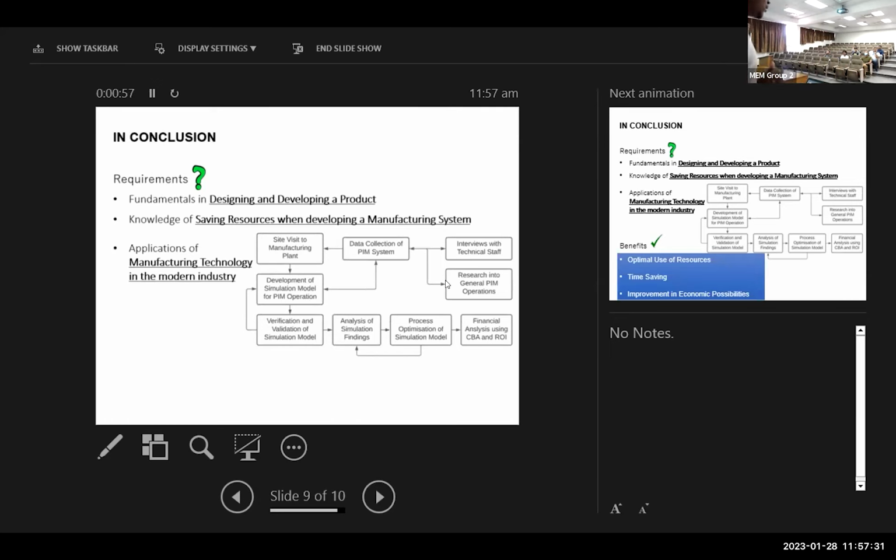Thirdly, you have to know the applications of manufacturing technology, right? What kind of machines maybe you may be thinking of using. If you were to implement some kind of strategy, you run your simulation, all right, you may identify these kinds of bottlenecks. The machines may be old, may be having some kind of delayed time. Well, you have to know what kind of technology to be used to replace that kind of machine or that kind of resource to maximize or improve on your performance.